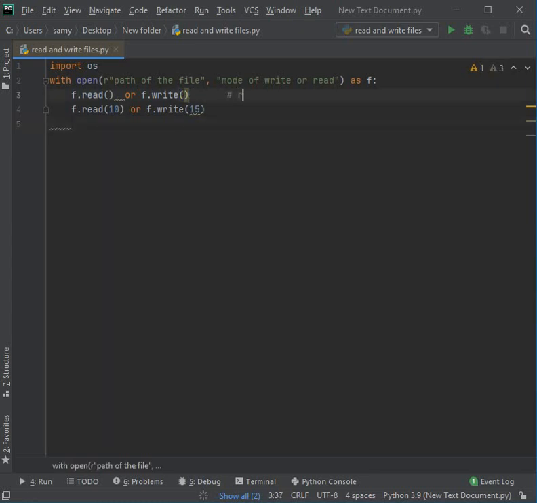So let's type here read and write all data from or to the file. But here you read only ten characters, or write 15